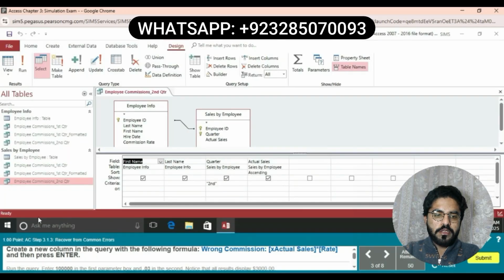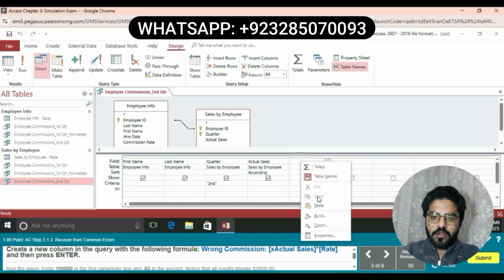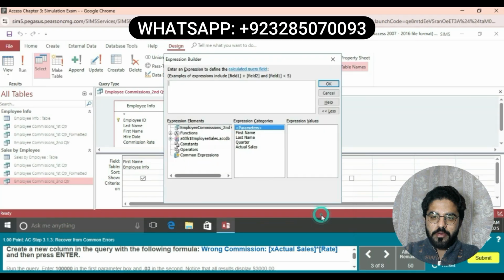Question number 3 is, create a new column in the query with the following formula: wrong commission colon x actual sales multiply by rate, and then press enter. First you will go to this field and click on this, then click on build and write a formula: wrong commission